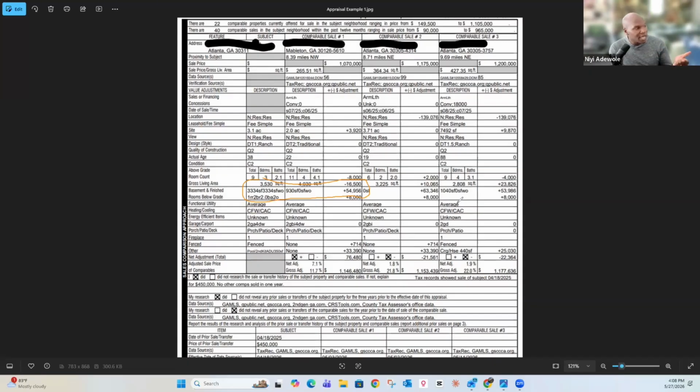Probably because of the quality of this house, they just did 16,500 divided by 500. They took $33 per square foot off, which is not bad. That's a win when you're going to refinance. Now for the basement, you're looking at 3,033 square feet, and this one only had 930. And for the basement, what they actually gave them, minus 3,334.